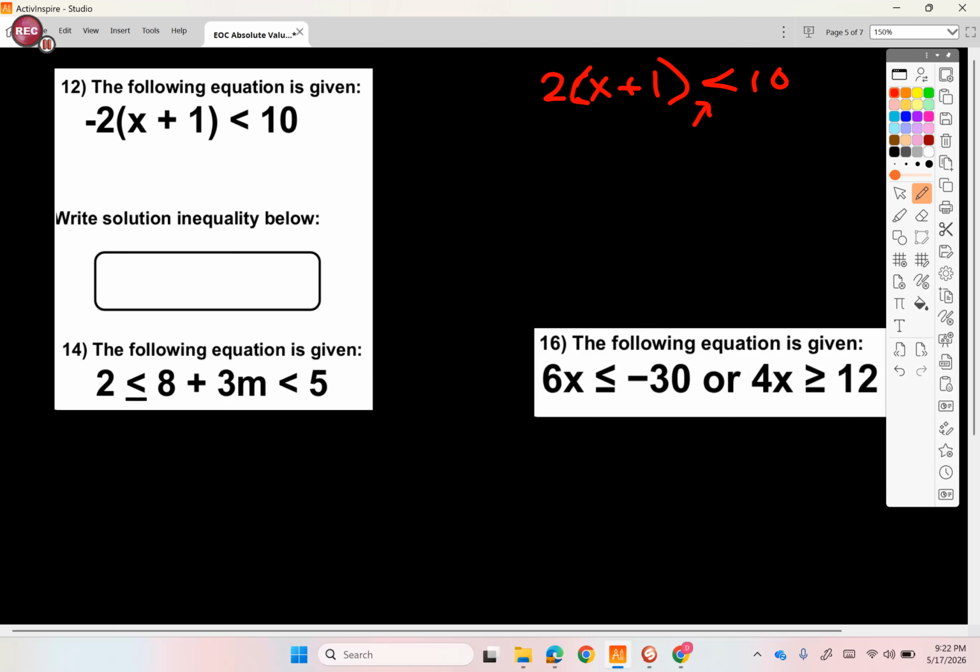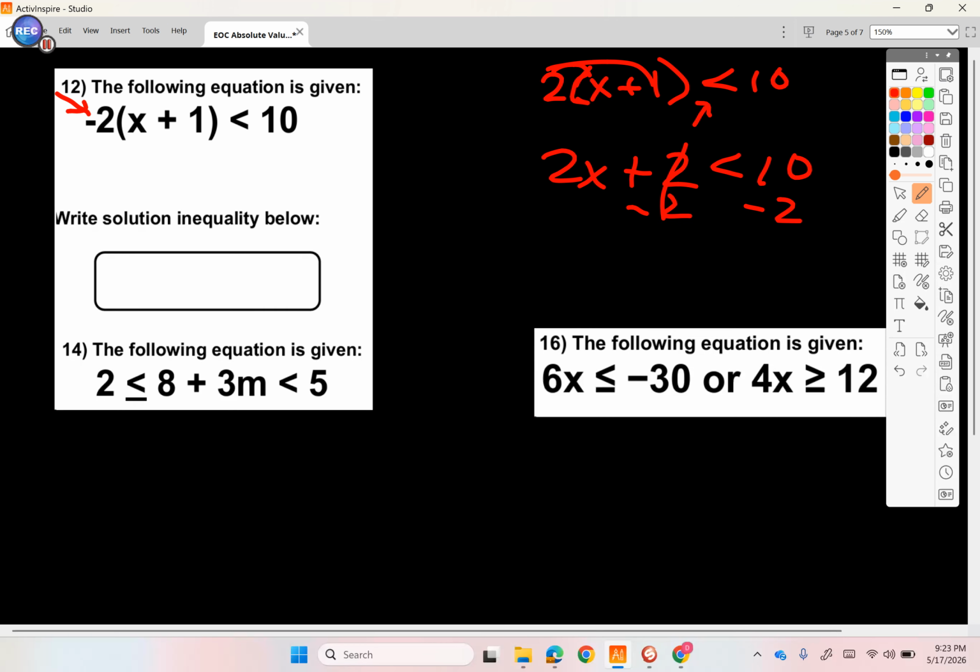So if this was an equal sign or inequality, it doesn't change the steps, right? But your answer is completely backwards in terms of graphing if you forget this step. So let's start with the one on the right first with a positive, and then we'll solve this one here with a negative. So the steps would just be distribute,